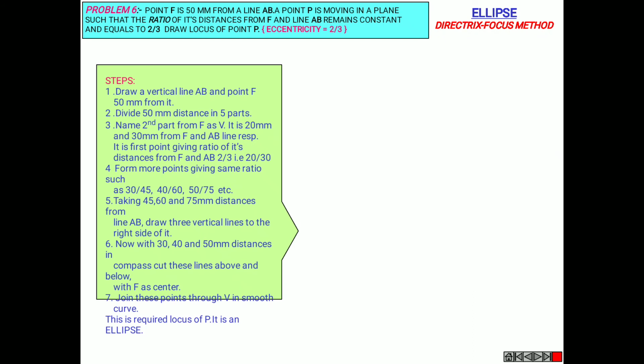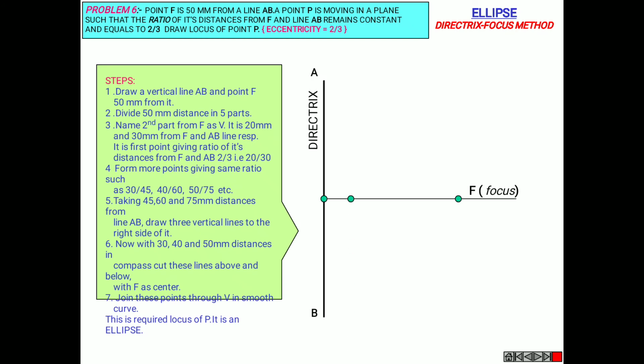Okay, firstly we need to draw a vertical line AB and a point F 50 mm from it. So this is AB, the directrix, and the point is called the focus. Mark a point 50 mm from the directrix AB and divide this 50 mm line into 5 equal parts,